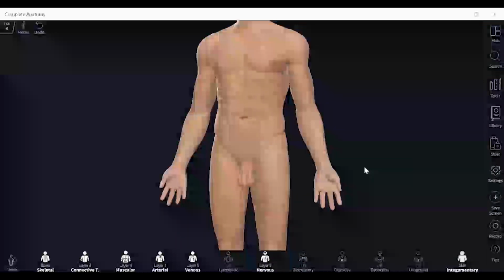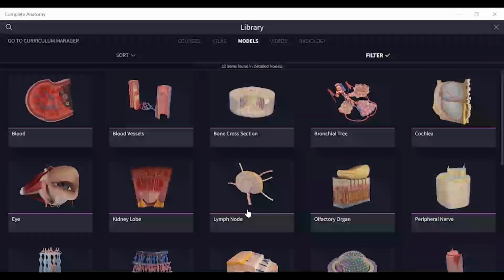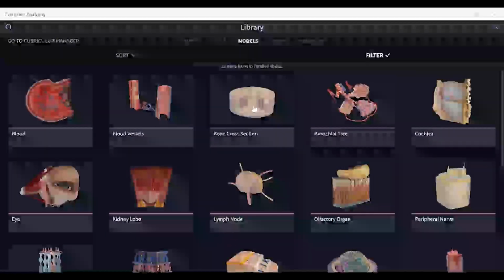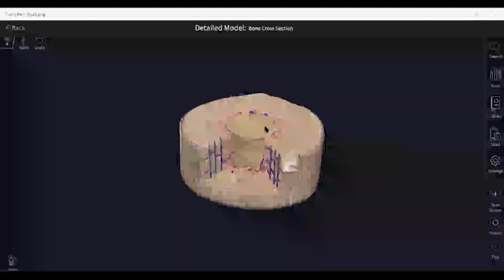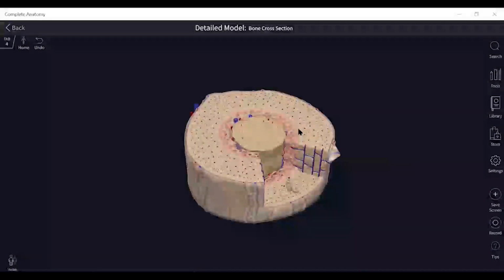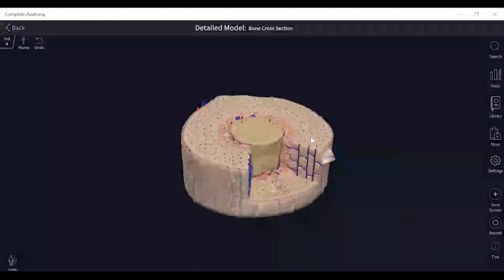But demonstrate, I really don't know. So, cut section of the bone, compact bone in the sense like in that model I just showed, I think you have shown it. That bone, there is one cross section here. This is the readily available one. And there's an option to cut the bone and see actually.